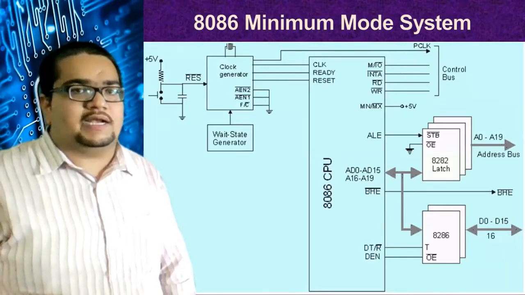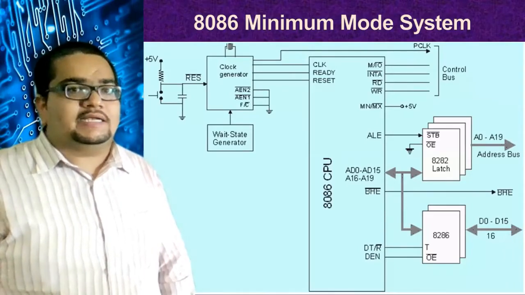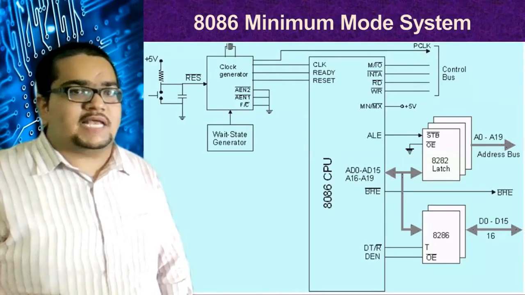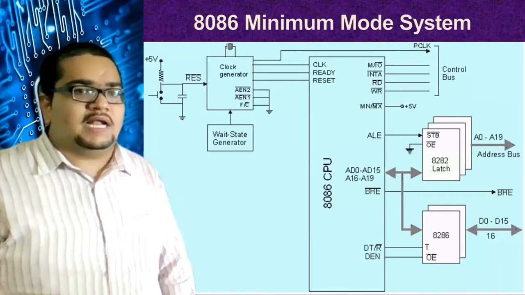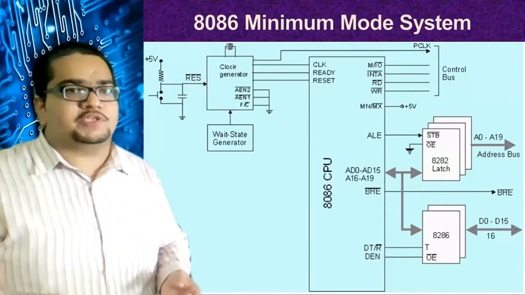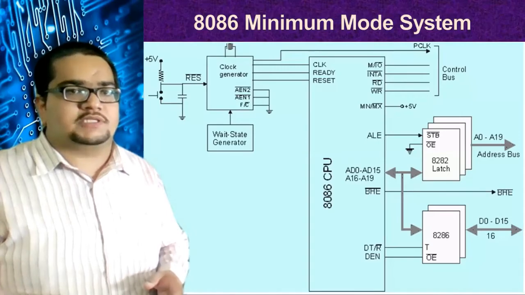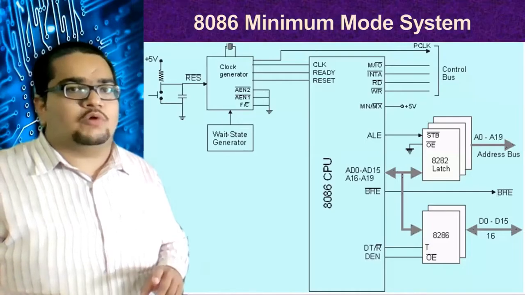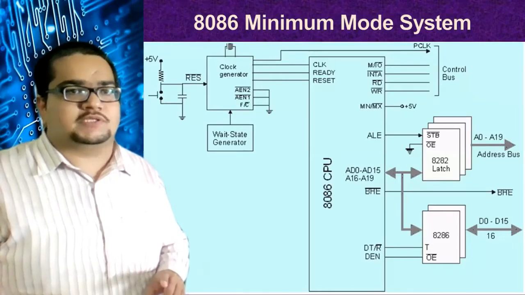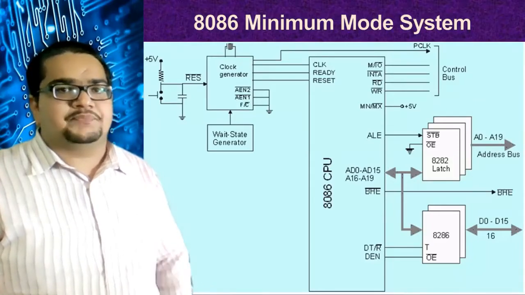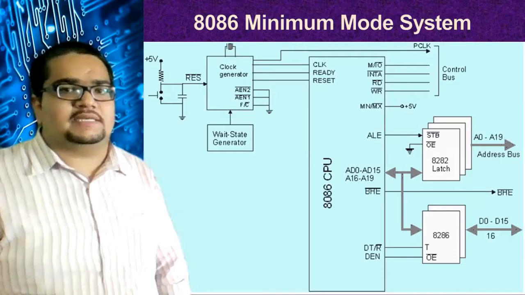Here, the ready signal, when given to the processor, is meant for synchronizing the slower devices. This ready signal is actually driven by the slower devices through this wait state generator. The wait state generator checks the completion of the operation with the slower devices, memory devices and all that, and updates the clock generator. Taking that into account, the clock generator sends a ready signal to the processor, indicating that the data communication by the memory devices has been completed.